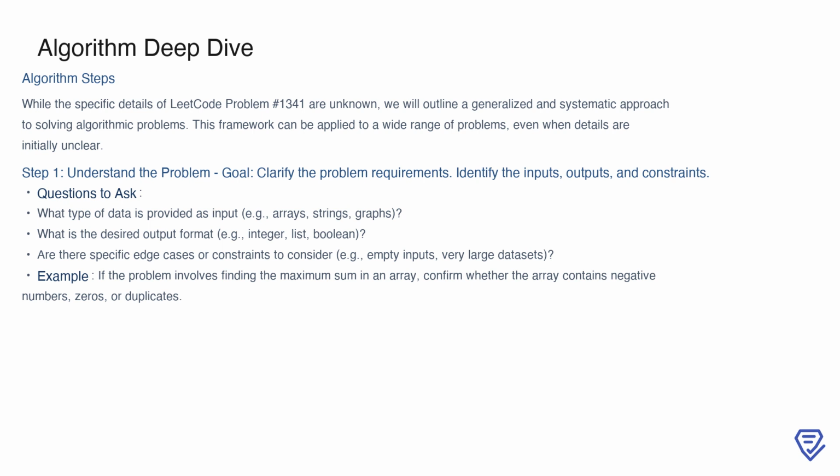Additionally, consider any constraints or edge cases, like whether the input could be empty, contain negative numbers, or be very large. For instance, if you're tasked with finding the maximum sum in an array, you'd want to confirm if the array can include zeros, negative numbers, or duplicates. These details guide your understanding and help avoid misinterpretation of the problem requirements, ensuring a strong foundation for building a